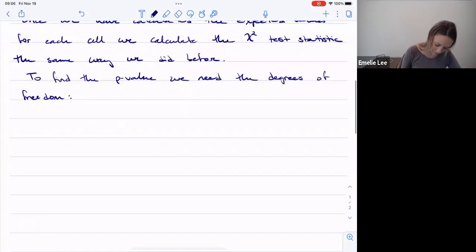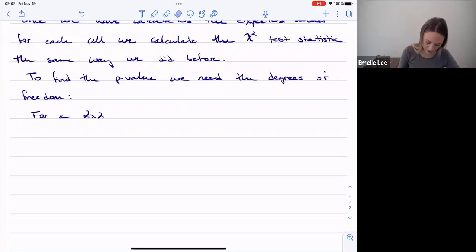And for a 2x2 table, for a 2x2, oh, I don't know why I said 2x2. For a two-way table is what I meant. I guess I wasn't that far off. Got to cut me some slack. It's early morning still. So for a two-way table,